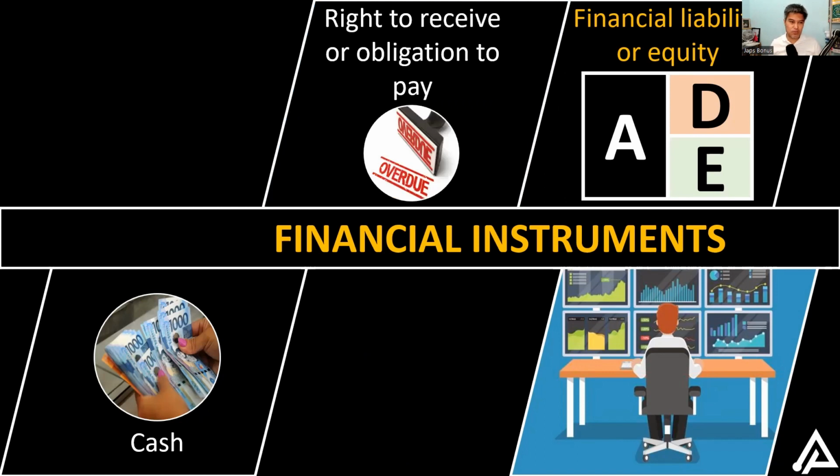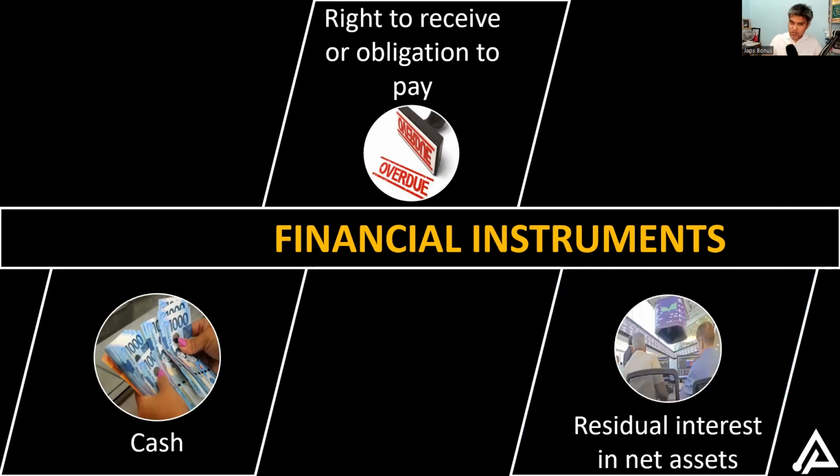Another type of financial instrument would be a right to receive or an obligation to pay cash. So that particular structure, a provision of a holder having the right to receive or an issuer having the obligation to pay, those features create rights against cash, either rights to receive cash or rights to deliver cash. In any case, those features are another form of financial instrument. And as mentioned, a financial instrument